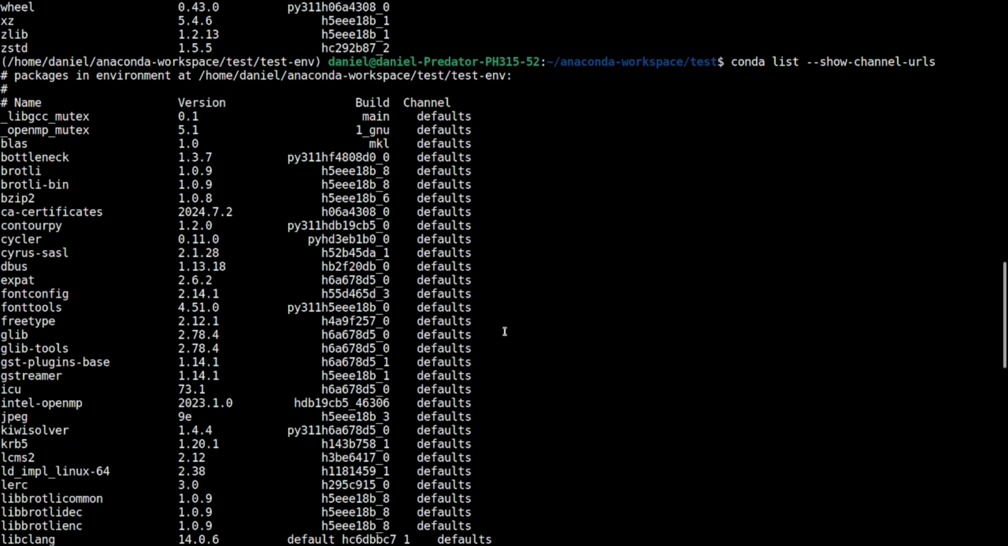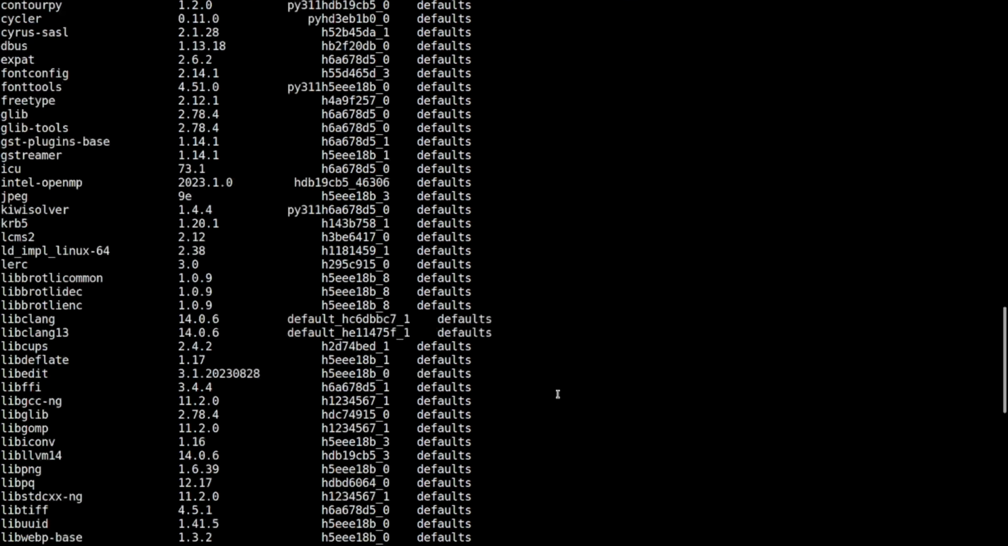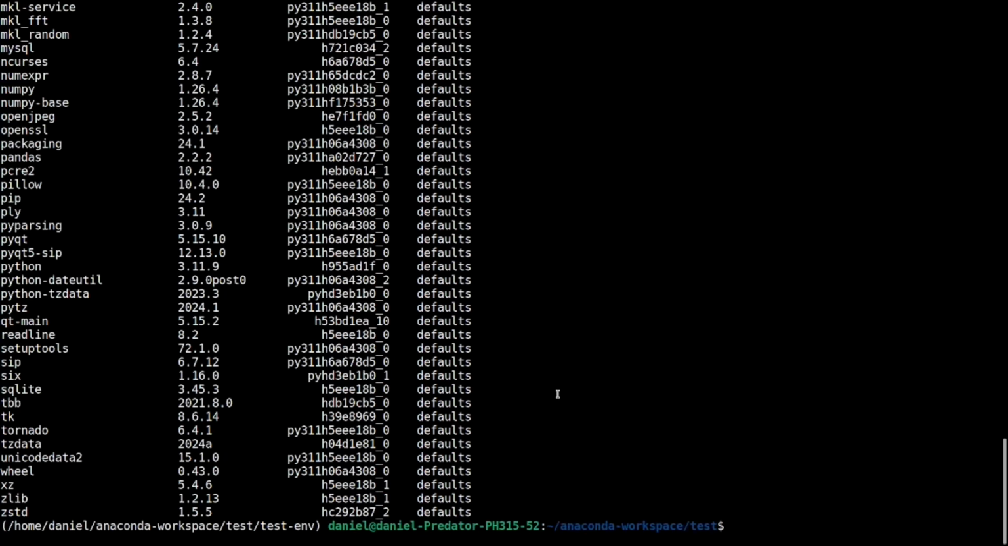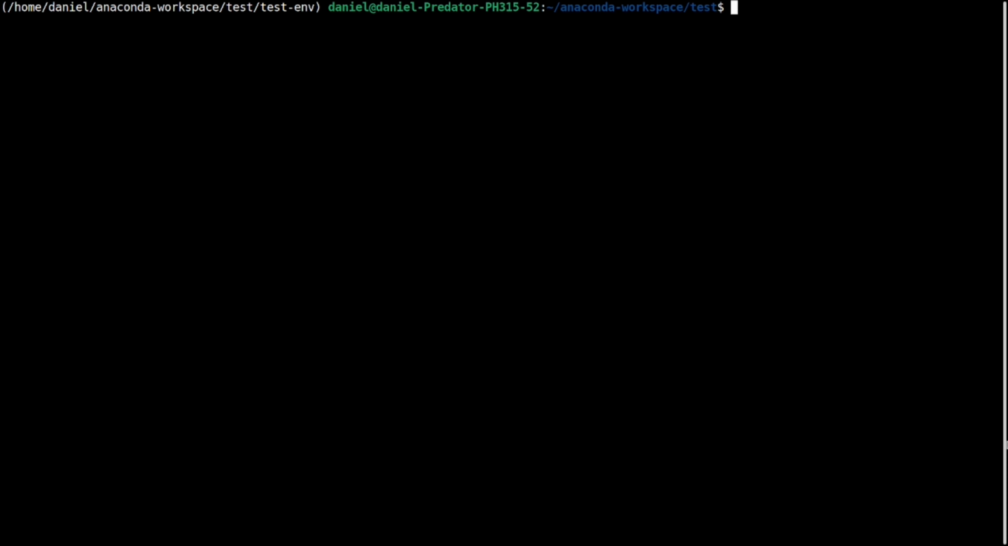In this case, it is always default because it's the only one we have, but now we'll start adding additional repositories or channels, and then we'll start installing our packages from specific and different channels for you to see that that's actually possible. But before that, let's already test conda uninstall